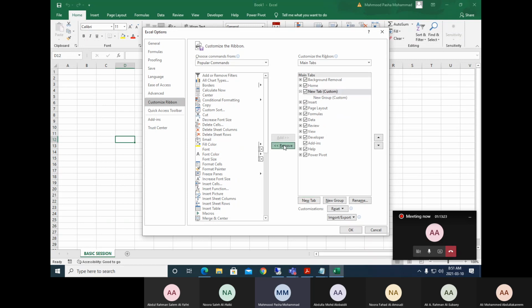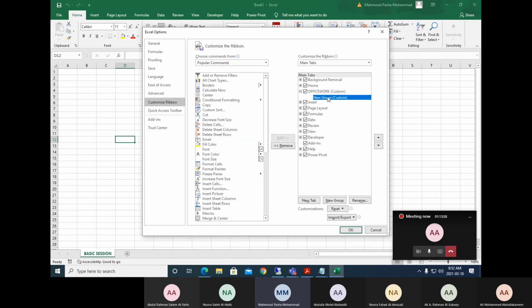And one more thing, for example, I want to place my tab here, say New Tab. Now you're getting the tab at the last. Okay. Your wish, where you want to keep your tab, that is your wish. If I want the tab at the beginning, for example, I select Home, New Tab, the tab will be joined here. Now in this place, I can say Rename, Display name. I can write here the display name of my tab. I write here Office Work. My tab name is Office Work.